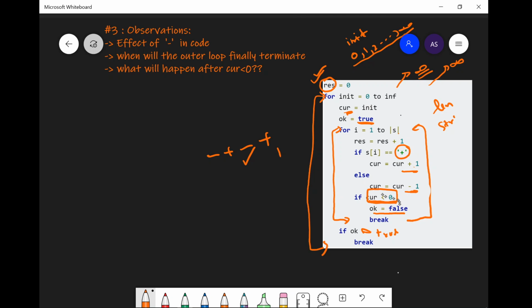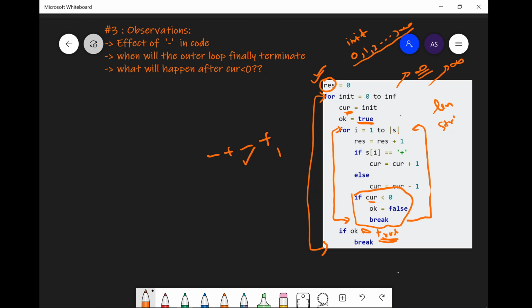So in the next iteration, if somewhere in the middle this current variable would be less than 0, then this OK would be made false and we again would be getting false here, but it should be true to break. So this loop will entirely run until or unless in the inner loop this condition never happens. So what I want to say is that while we are in the inside loop, if at any time this if block gets executed, then this would never happen, because when this would be executed, this OK would be made false, and this requires true to be executed.